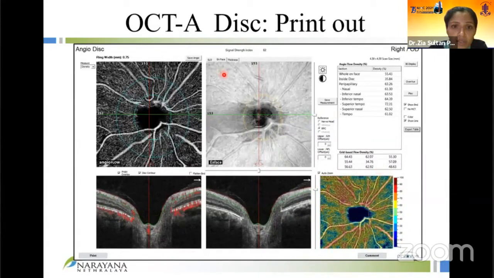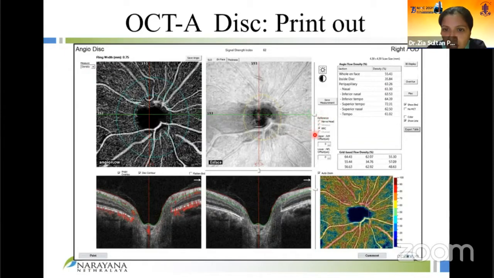So over here on this side, you have what I've been describing thus far. Adjacent to that, you have the en-face image, and you have the two cross-sectional scans, the B scans below. You can move these red and green lines to look at different cross-sections of the scan itself. Important things to note are you have the signal strength index on top, and I will be discussing that as it's one of the limitations towards the end of this talk. You can measure different parameters, but the most often assessed is the density.